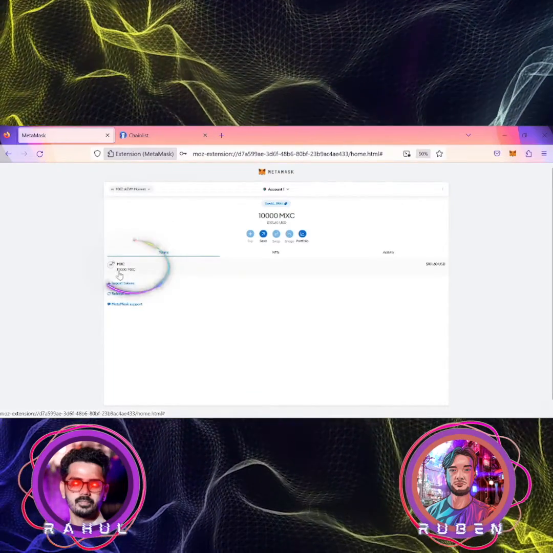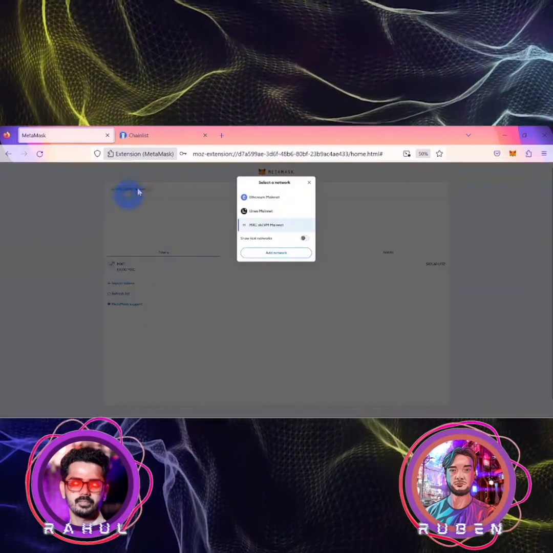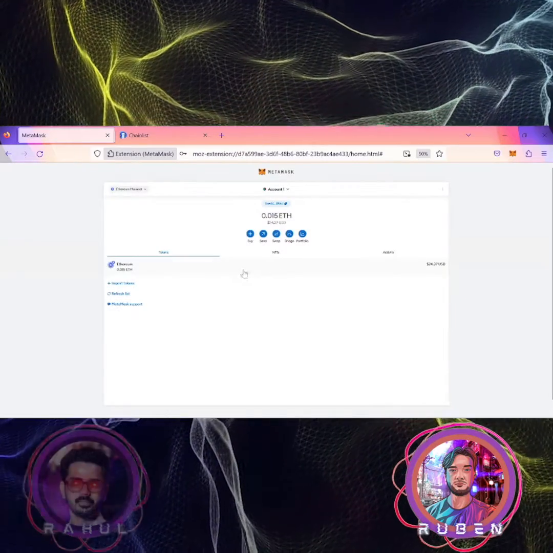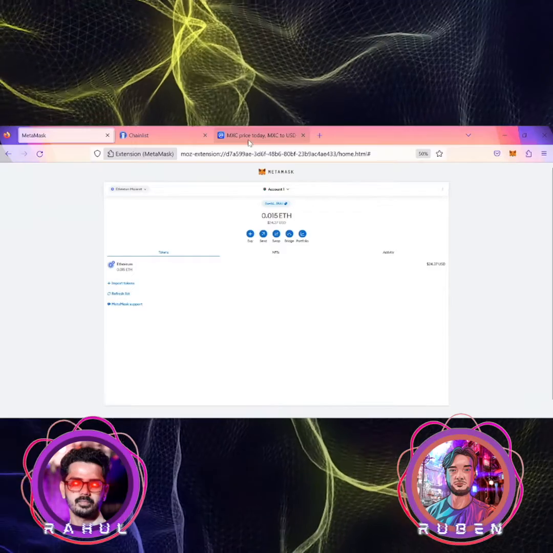And we already have some tokens transferred over to ZK EVM network, and also to Ethereum network. MXC token on Ethereum mainnet. So